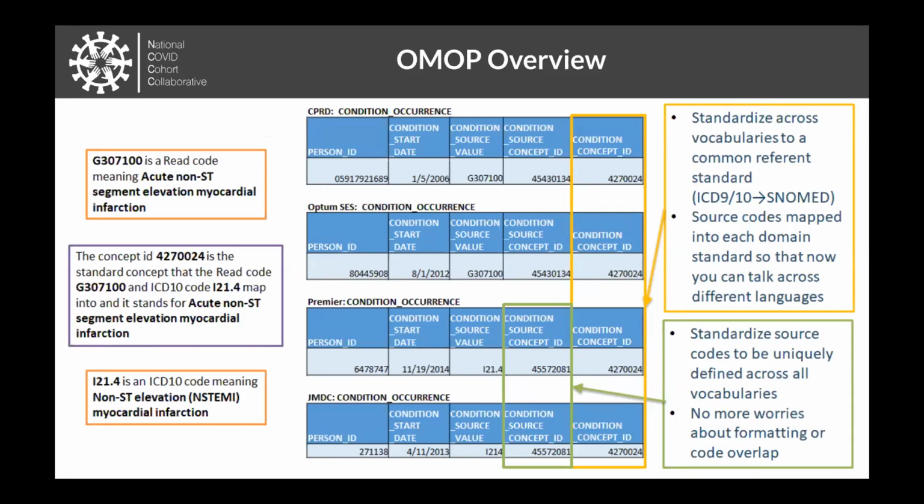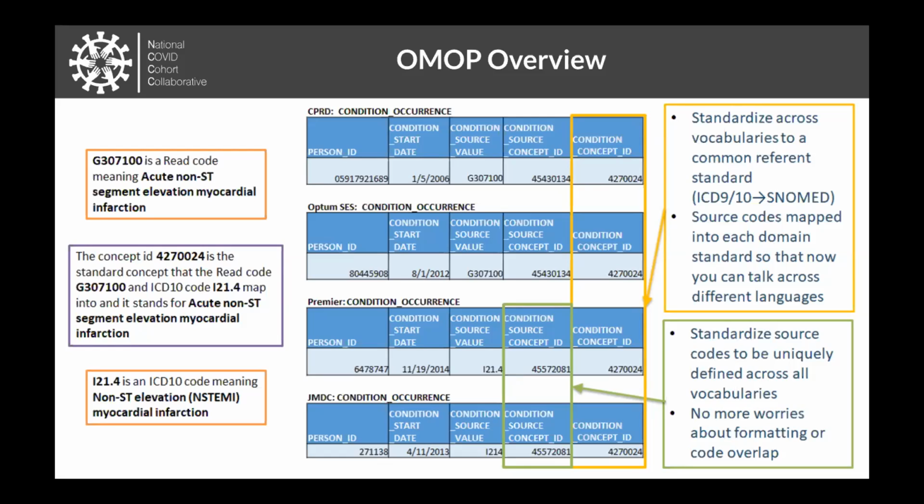I've got 4 records from 4 different databases here. CPRD at the top is a UK primary care database. Optum is a US claims database. Premier is a US hospital billing database. And then JMDC at the bottom is a Japanese EHR database. What I've shown here is a shortened version of the condition occurrence table. Again, I didn't really want to go into all the fields, but just want to give you an idea of